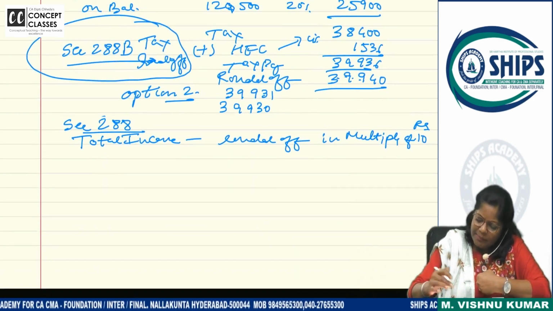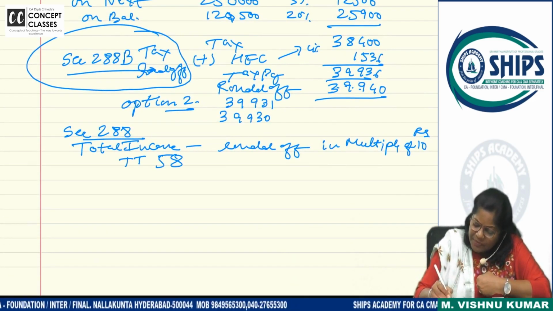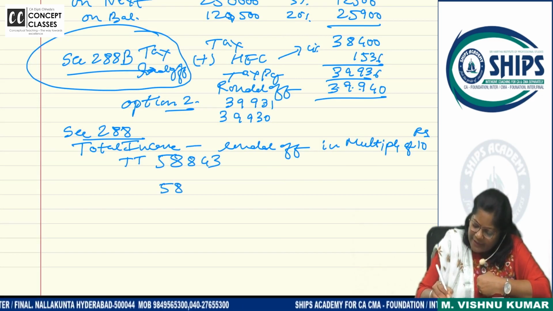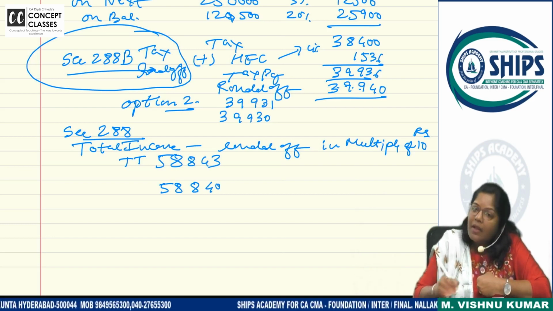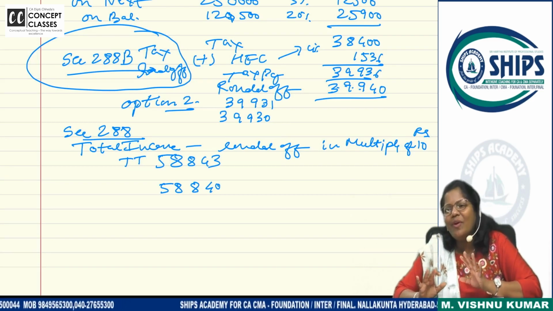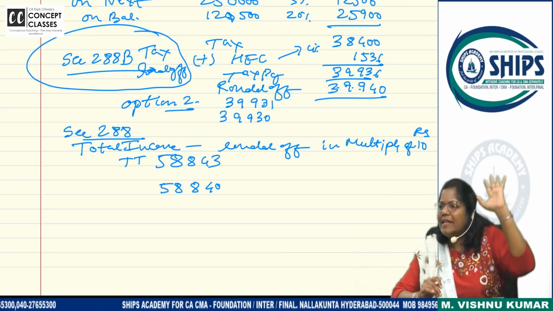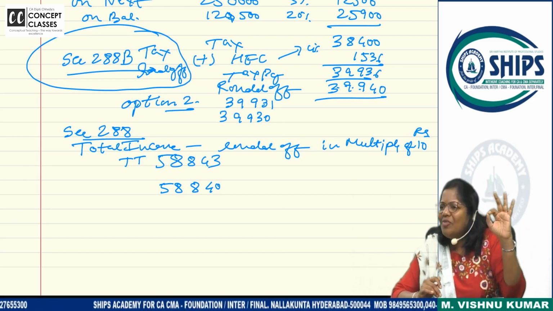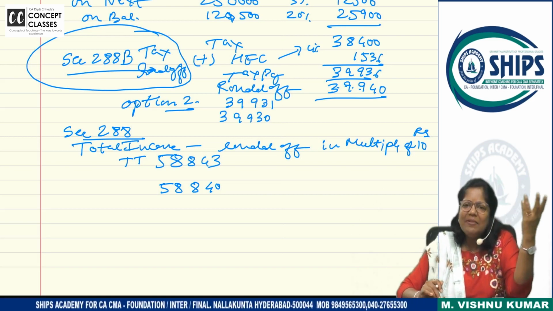Let me give an example for this also. Suppose your total income is 58,843, you will calculate the tax on what? 58,840, and then only you will apply the slab. Followed or not? So what is rounded off first of all? Total income. In multiples of, then what is rounded off? Tax. In multiples of,